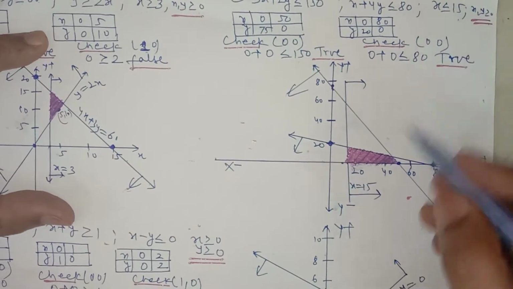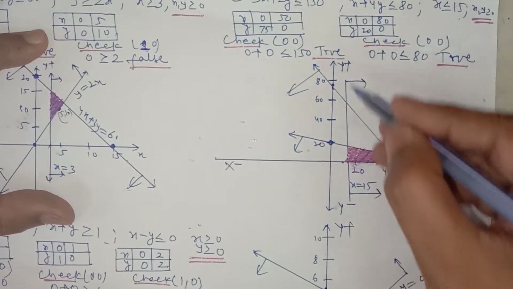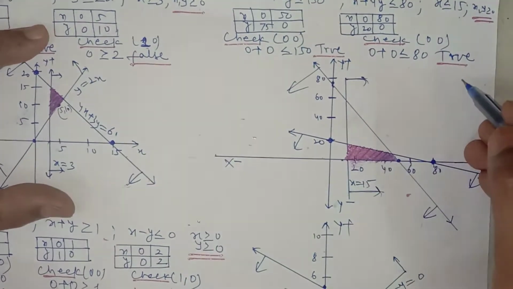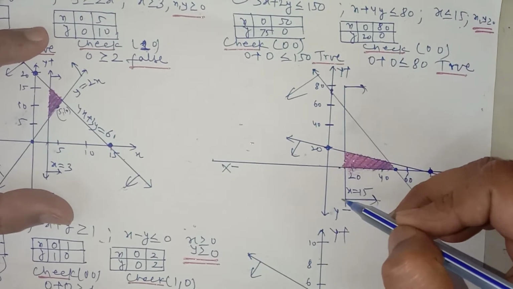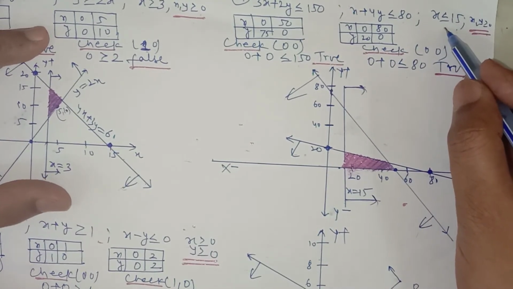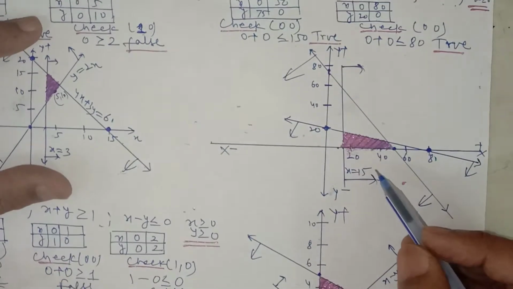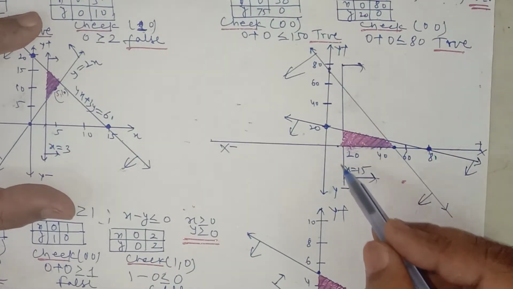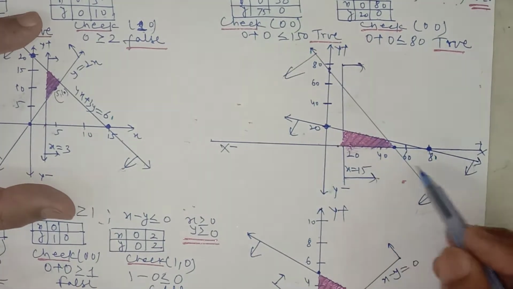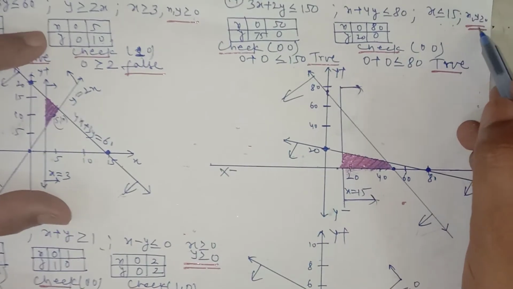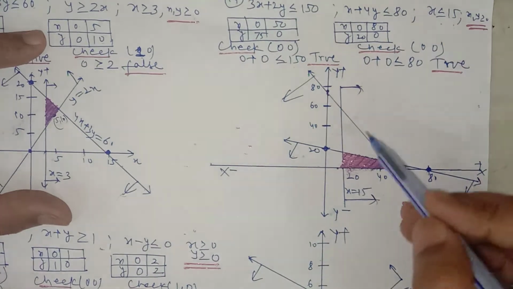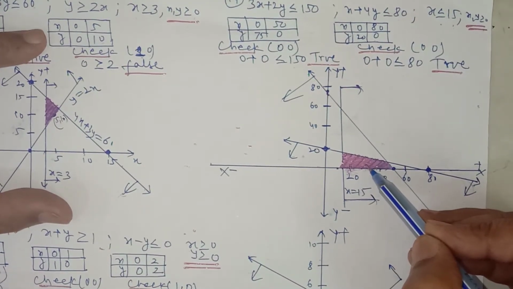Now x is 15. So x = 15 is somewhere here, this is 20. x greater than 15 will be here, on the right-hand side of this line, and this line will be parallel to the y-axis because it does not contain the y variable, and we have discussed this already in the previous questions also. Now see the common shaded portion. The common shaded portion of this will be all this. But we don't shade this portion in the fourth quadrant because it is given that x is greater than or equal to 0 and y is greater than or equal to 0. So the common shaded portion will be only in the first quadrant.